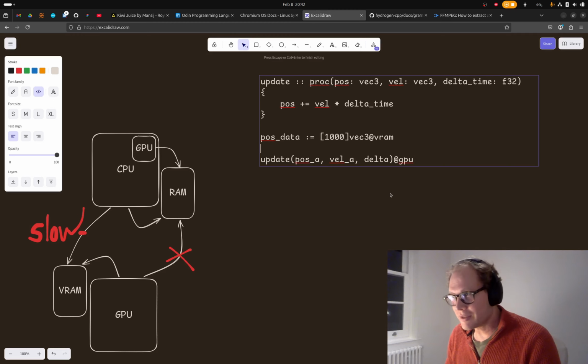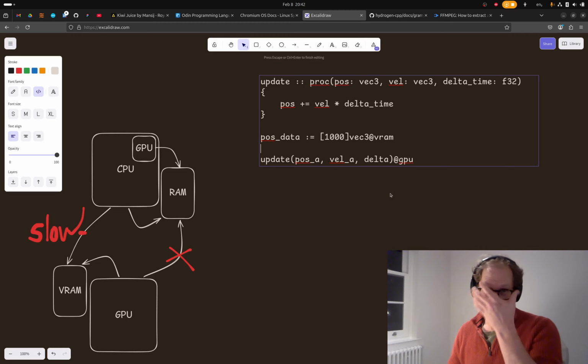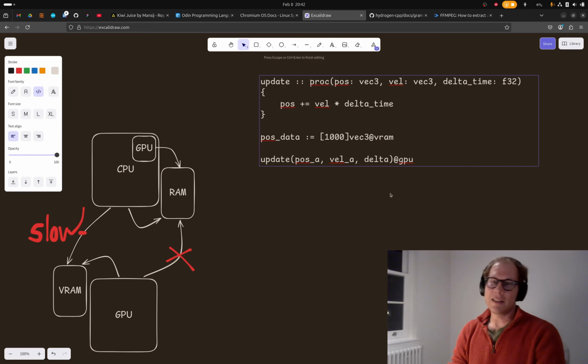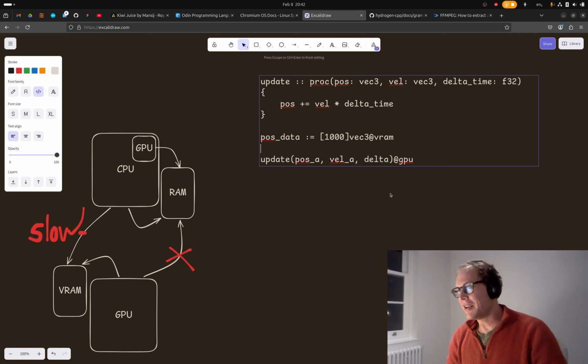Again, I don't know how possible this is going to be. So let's see. That's why it's a proof of concept. I'm going to try it out. I think at least the initial implementation is going to be kind of hairy. I'm probably just going to go through OpenGL or Vulkan or something behind the scenes to make this work. And